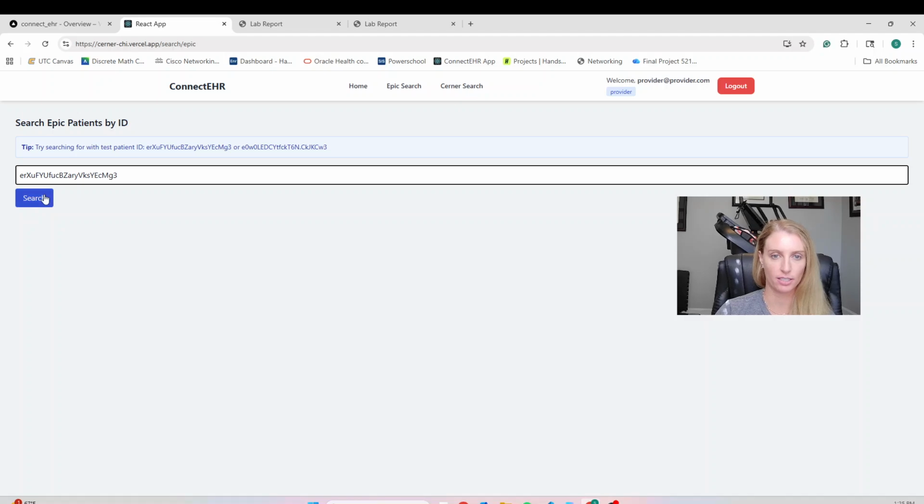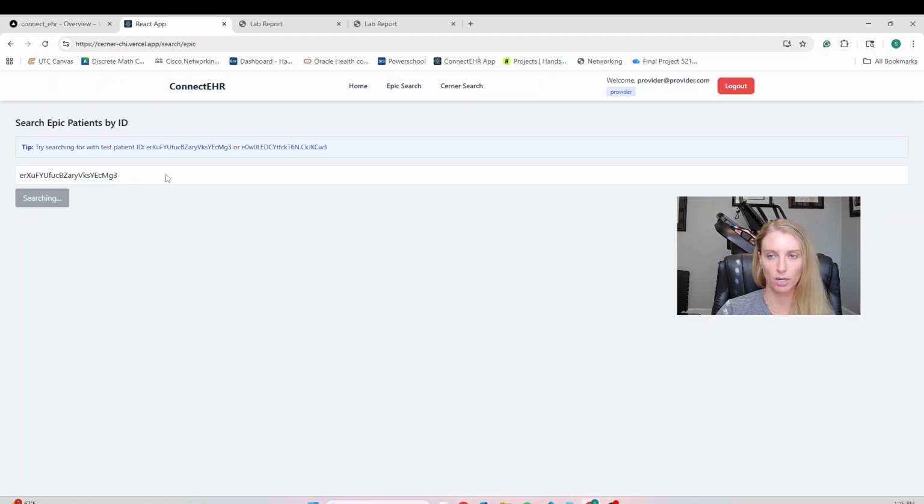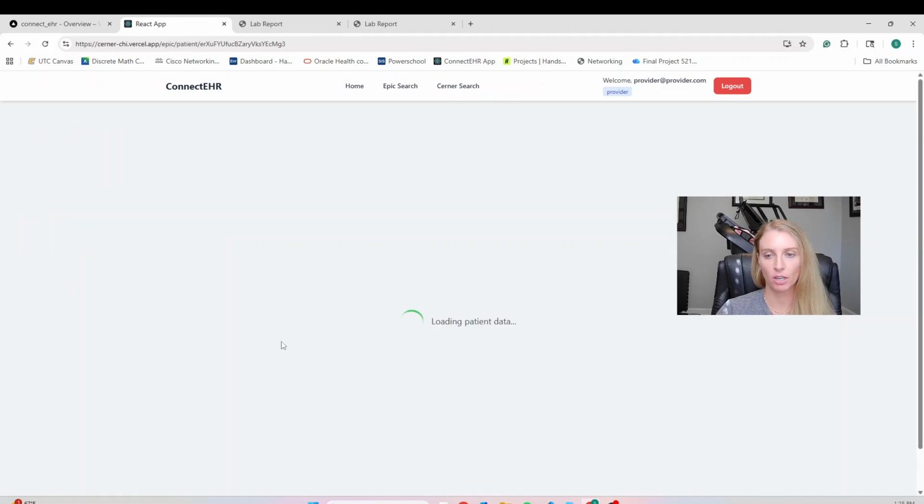So this is a patient identification from the Sandbox that they have listed. And so you can just copy and paste it here into the search bar, and it will pull up your patient match. This time it's just going to match one patient because it's just the identification number. It's not trying to pull partial matches from a name. You can click on the patient,